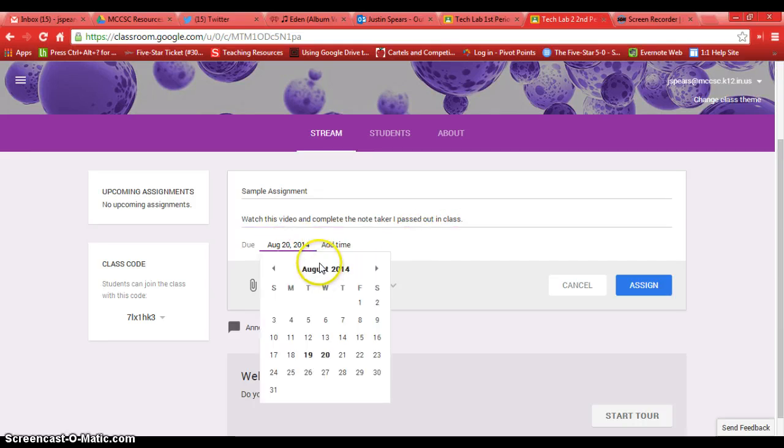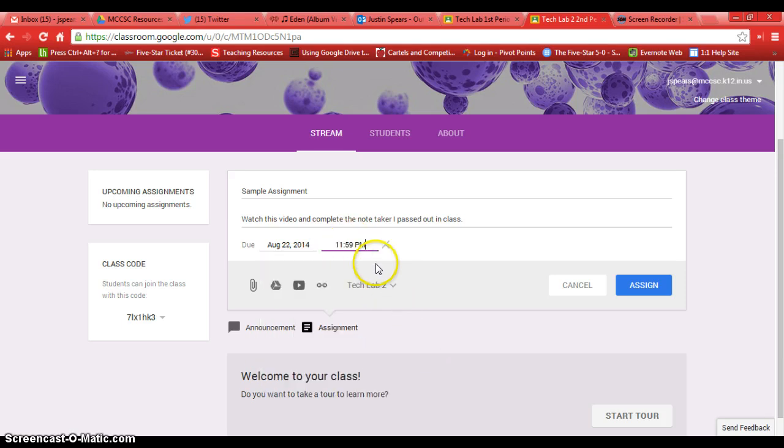It always defaults one day later, but let's say I pass this out on Tuesday and this is due by Friday. I could even give it a specific time. So since this is second period, if you want to put this as an entrance ticket in the second period on Friday, you could set the time to start a second period, and they'll have up to that time to